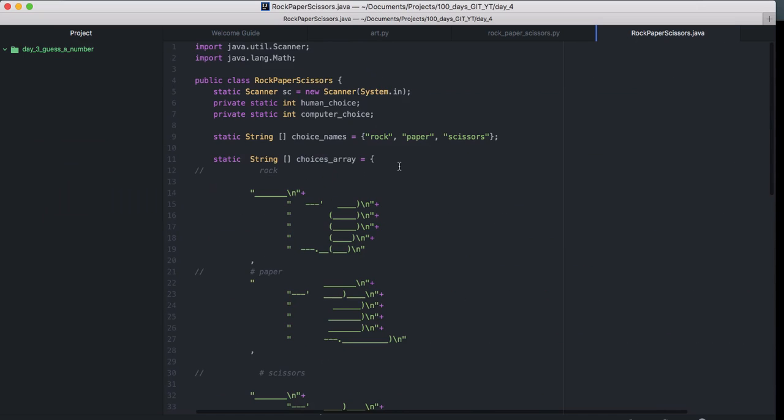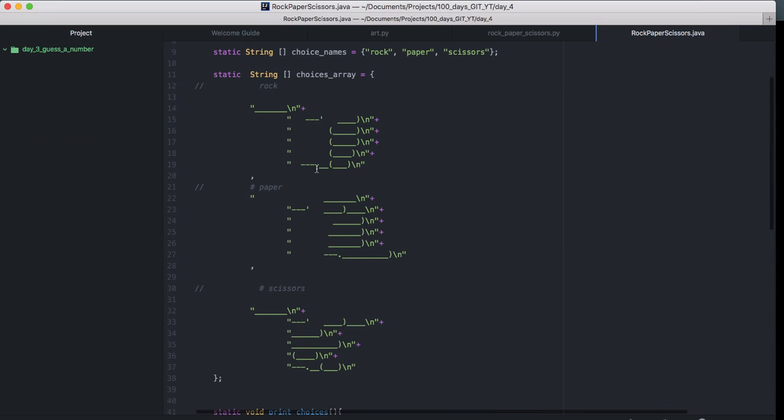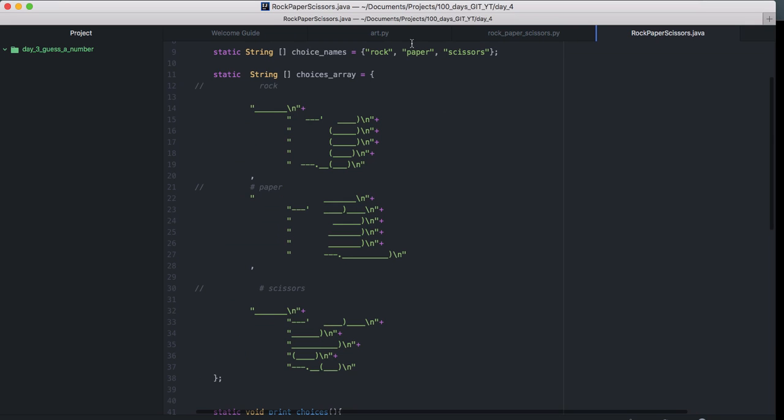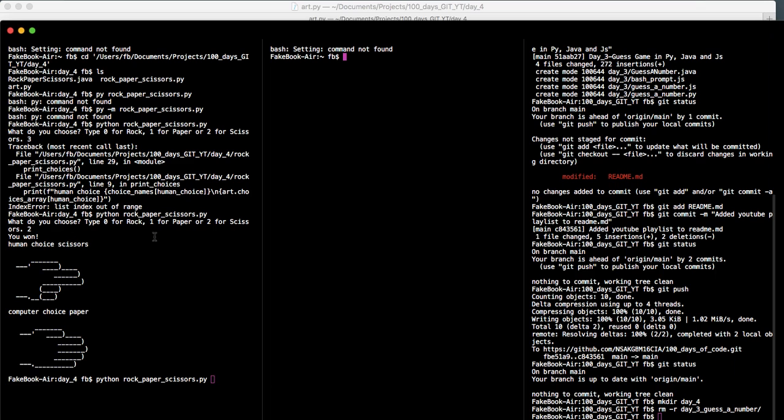Now in Java you'll notice that it doesn't really have this art stuff, and it doesn't really come with the triple quotes for strings that span several lines, so I had to sort of improvise. And by the way, I just want to make a disclaimer over here. I really like the part of importing art from other files, because it really looks nice.